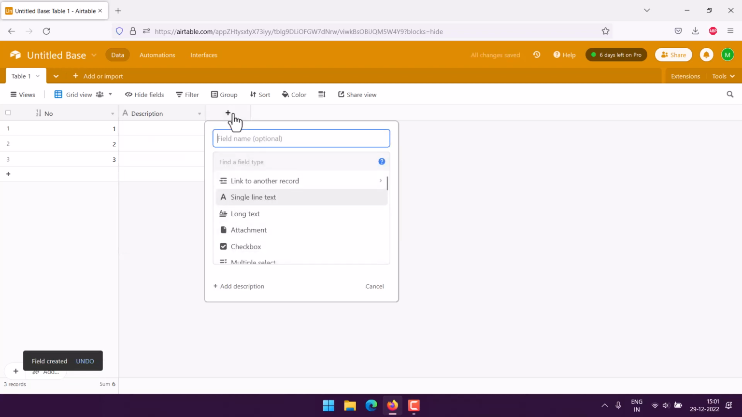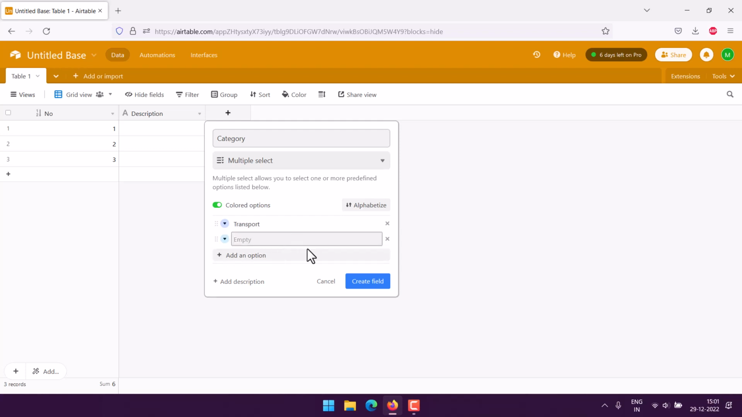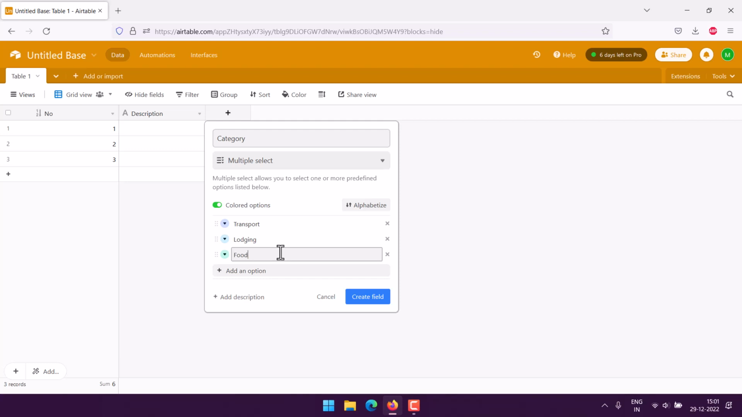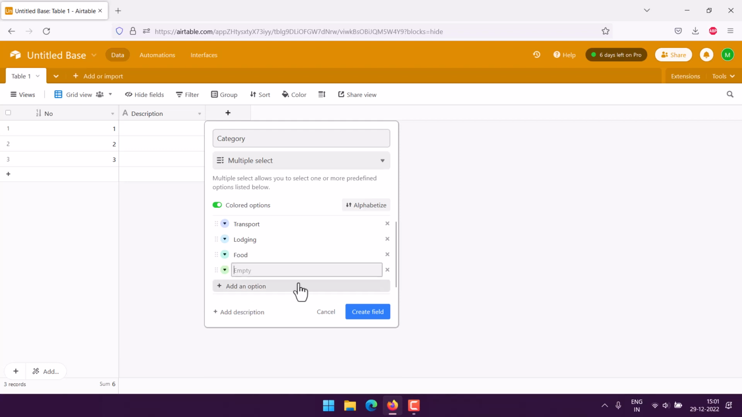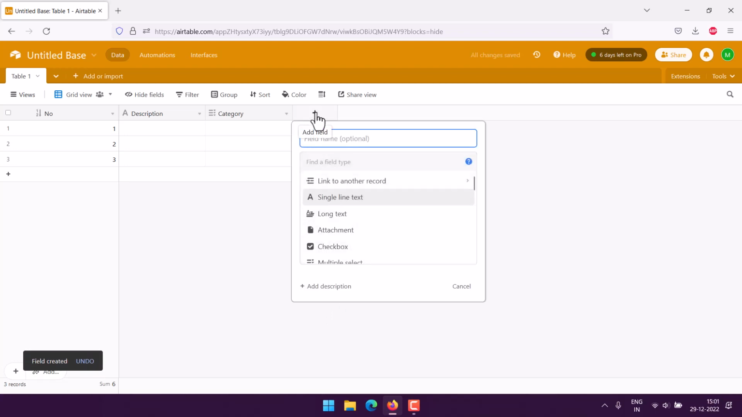Then we will add category, which is going to be multi-choice. Here I can choose from transport, then we have lodging, then food, then entertainment and other. We will create the field and then move on to